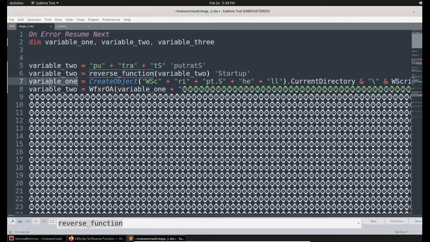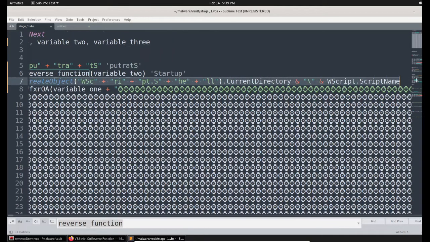The next variable, variable 1. Here they are defining the value for variable 1, and they straightforwardly define the value here. CreateObject. You can see they are concatenating the strings. If you concatenate, you will get wscript.shell, and .CurrentDirectory, with the ampersand character to concatenate two strings, and a backslash, again concatenation, WScript.ScriptName.